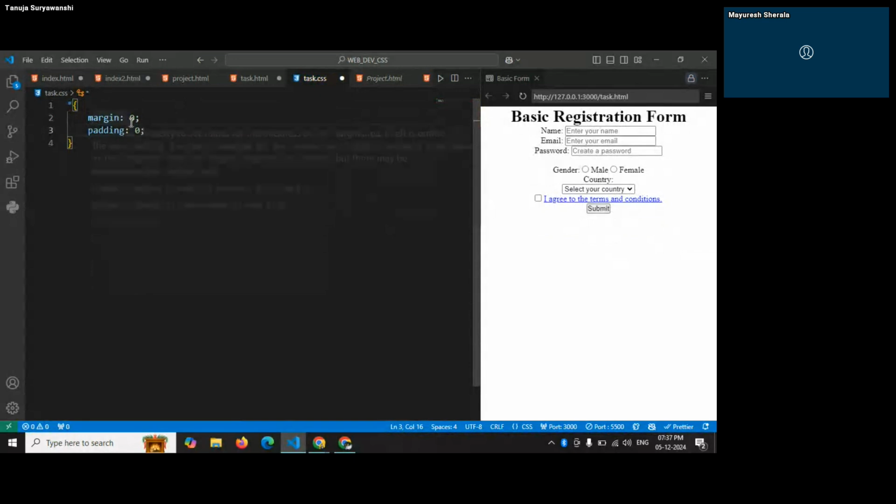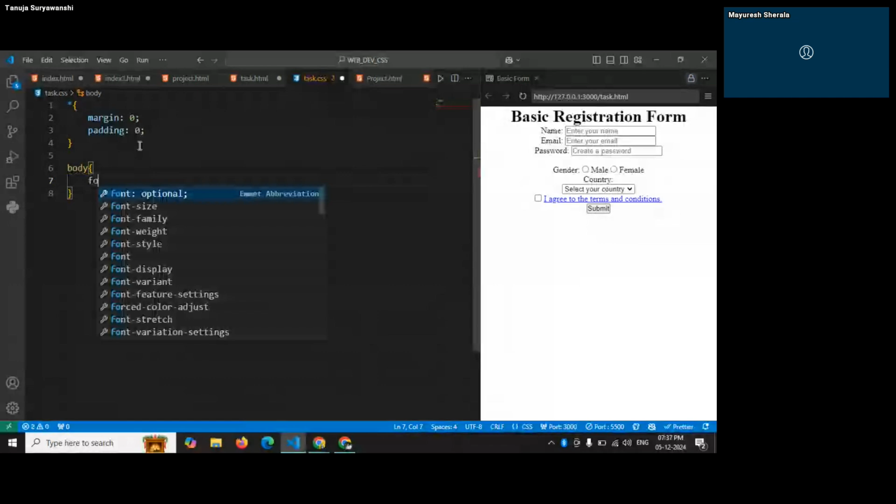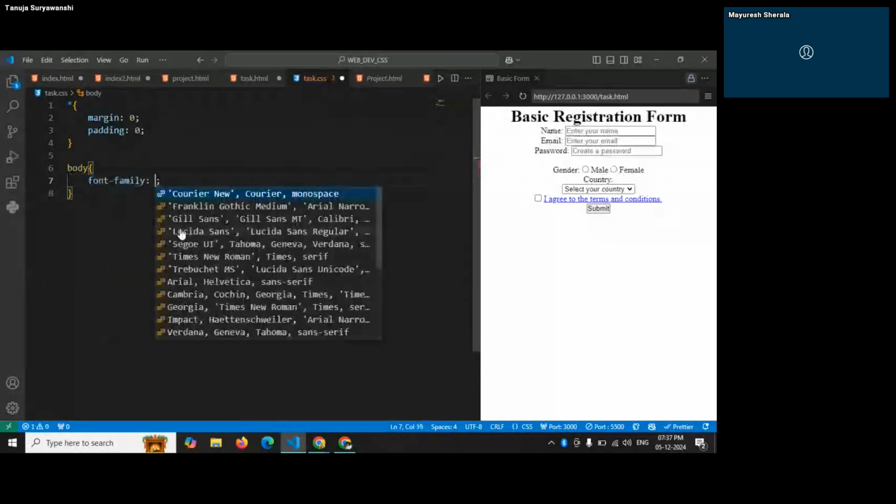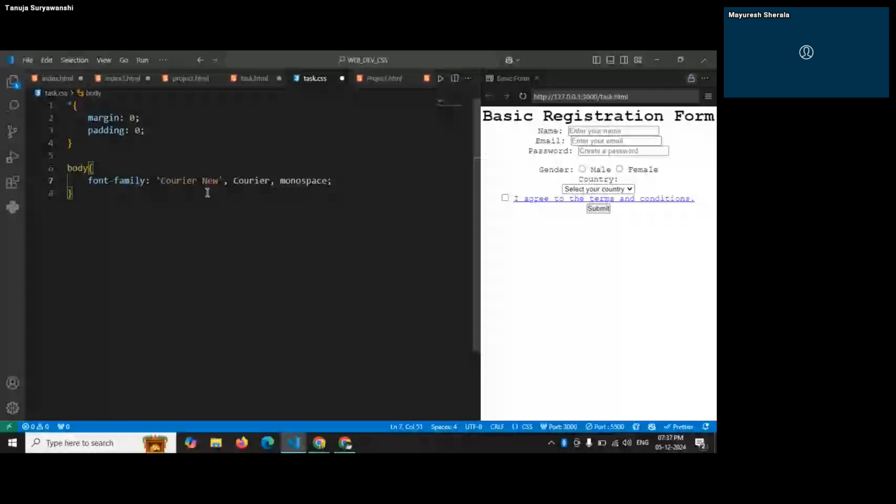This is margin and padding given. You see the difference, the extra spaces are removed. Then we first do style for body. Firstly, font family. Give this. See,